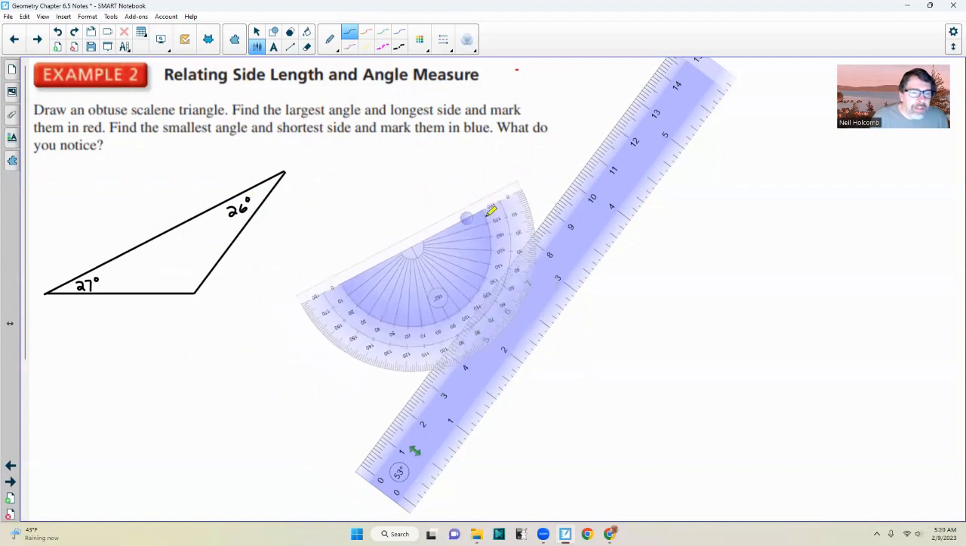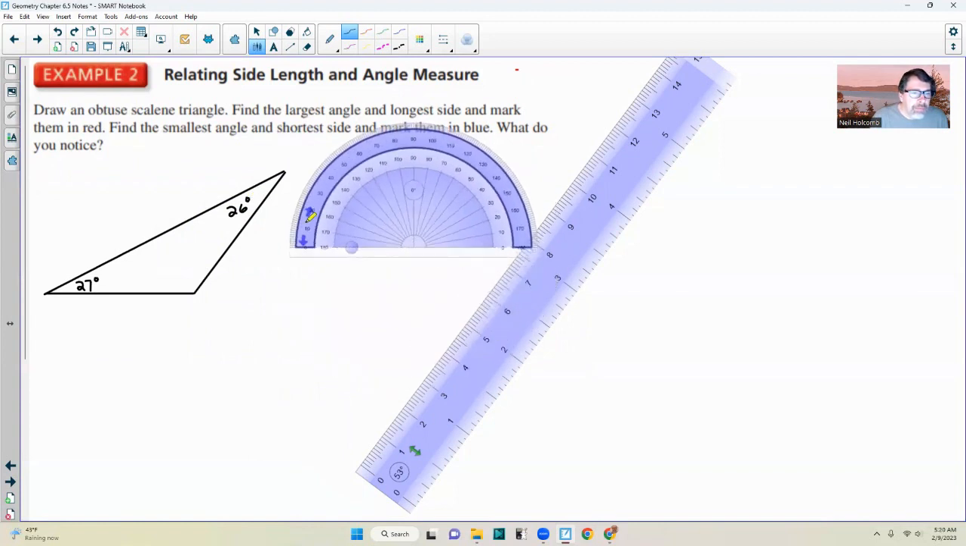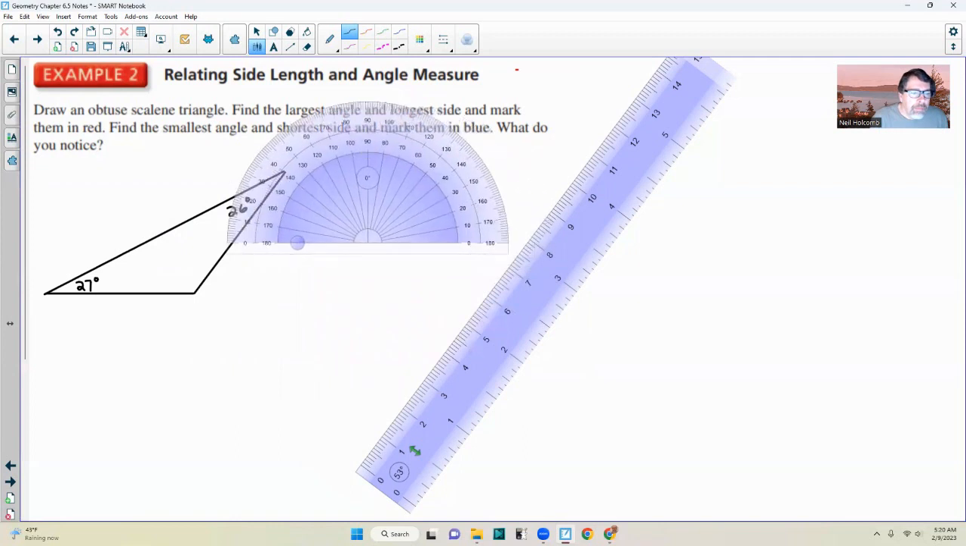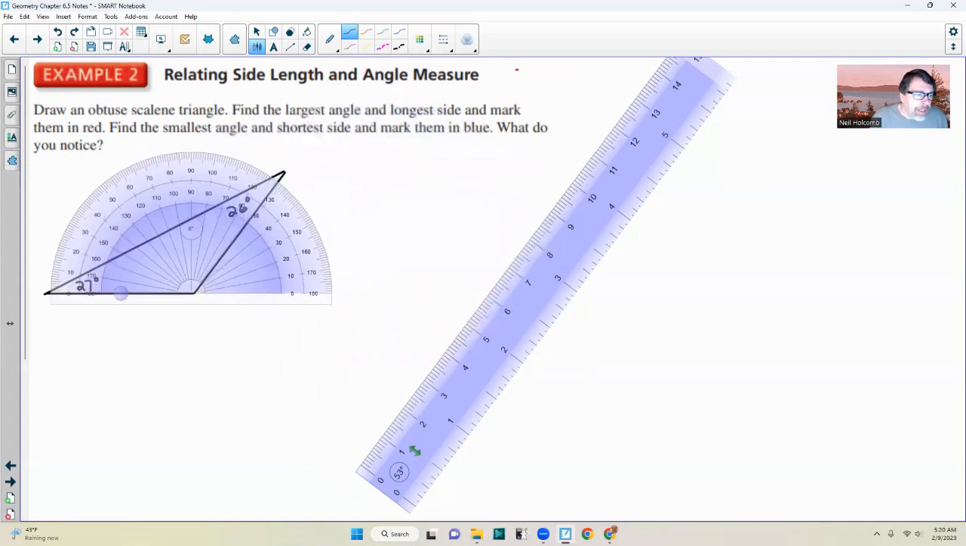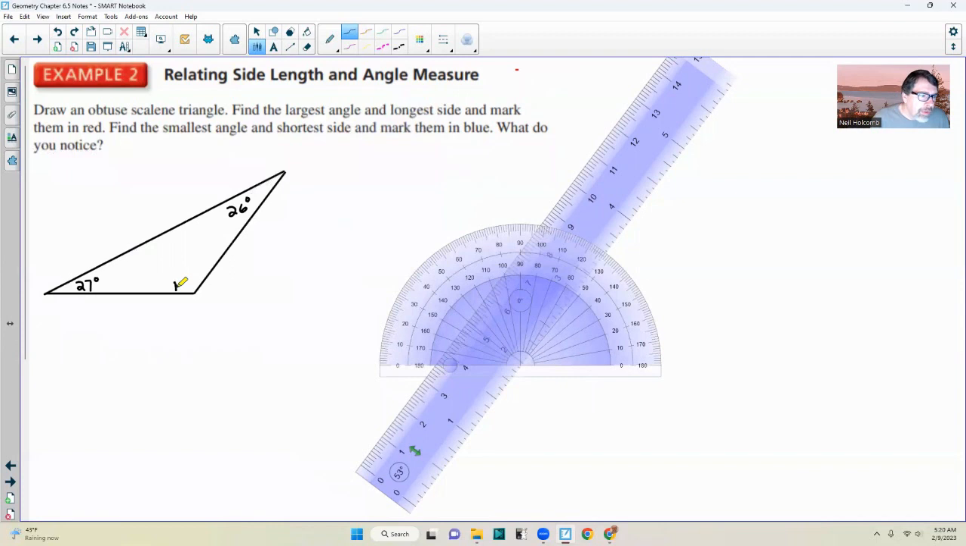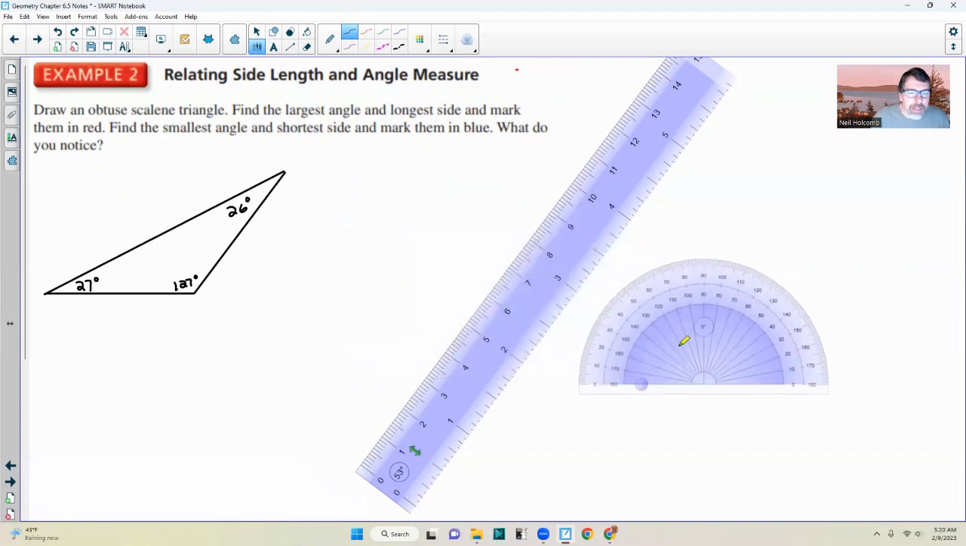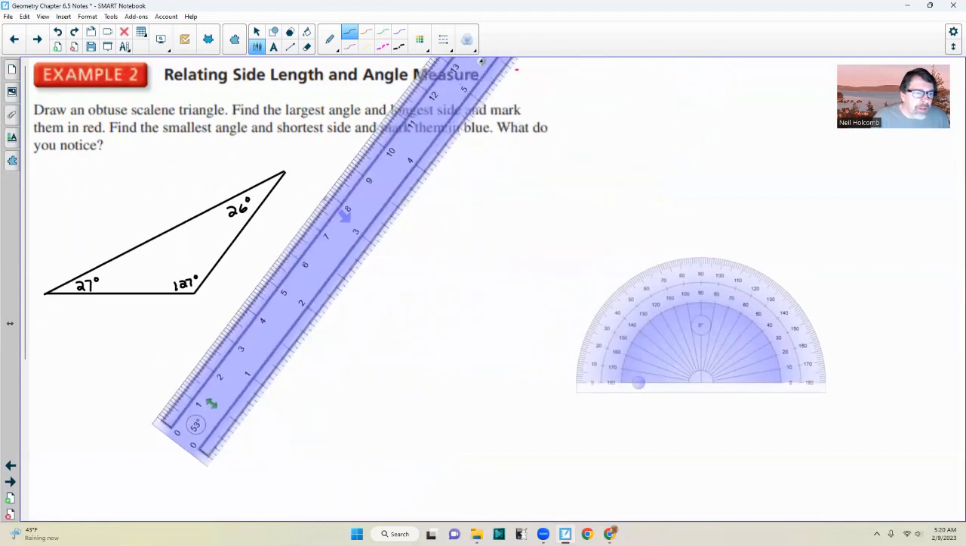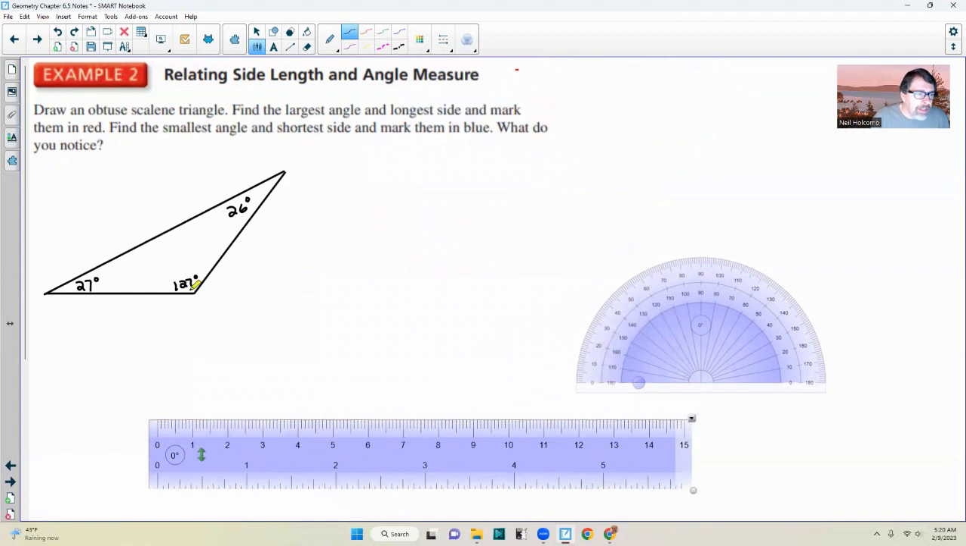Okay, and then finally, put it back here so that this is 0. Then I come out here and this is 127 degrees. So this is 127 degrees. Okay, and so I'm just showing you that those three angles are all different, and this is the